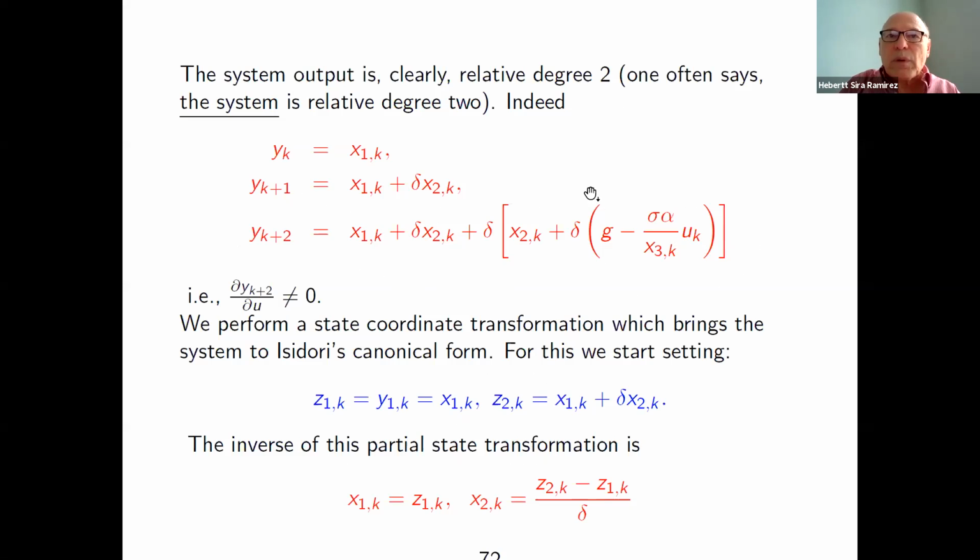This nonlinear expression is nonlinear only because of the presence of this x3 in the denominator. All this term you can baptize anew with the name of an additional variable. So v sub k would be the controlling this second order string of delays. And therefore the system becomes linear after the state coordinate transformation and the input coordinate transformation.